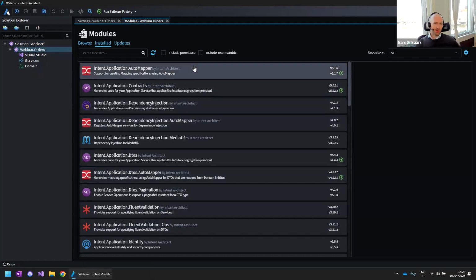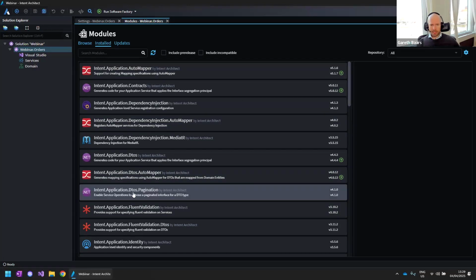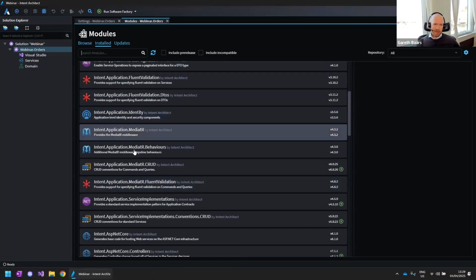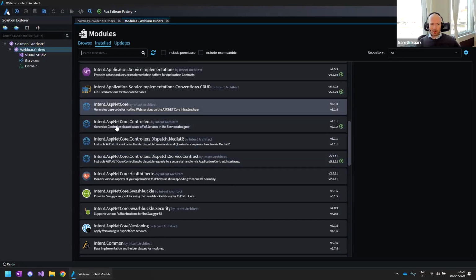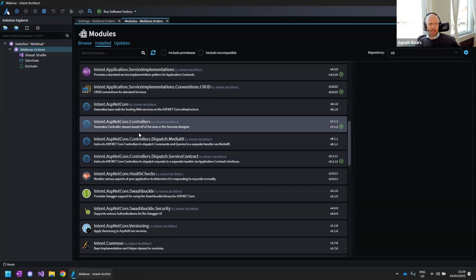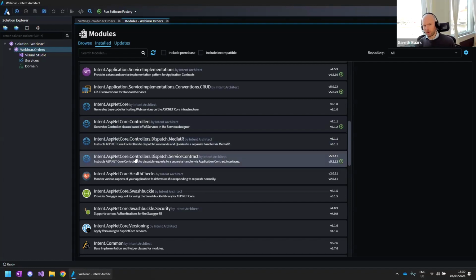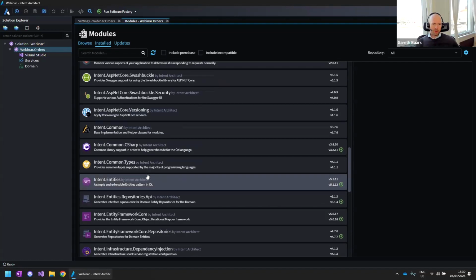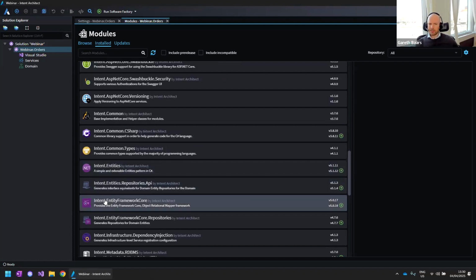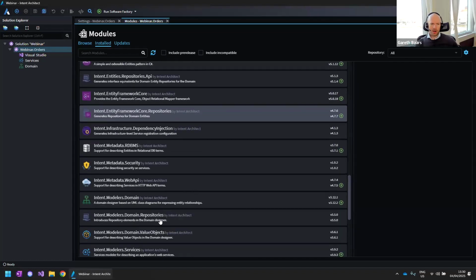You guys will recognize a lot of these because we saw them just a few minutes ago. We've got the automapper, the DTOs, the pagination, that's the mediator behaviors. There's the ASP.NET Core. There's our controller pattern. So we spoke about that earlier on as the example that we gave. And this is the pattern that, by the way, dispatches from the controllers to the mediator. And this is the pattern that dispatches from the controller endpoints to the application service contracts by dependency injection, right? So if you guys are filling that in, I'll obviously show you guys what that code looks like in a few minutes. Health checks, ASP.NET Core versioning, entities, repository interfaces, Entity Framework Core configurations. This is the repository concretes that use the EF Core, and so on and so forth, right?